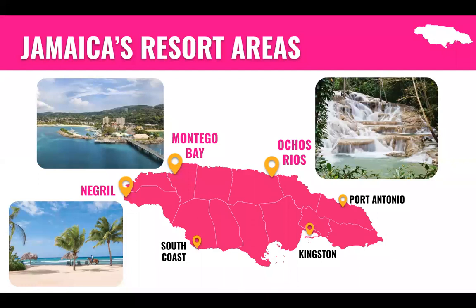And our third point of interest is the Negril resort area on the west coast, which is the ultimate relaxation destination, and it accounts for 20% of Canadian travelers, or 81,000 each year. It has a much slower pace than Ocho Rios and Montego Bay, and is a popular romantic getaway and wedding destination. And on the other sides as well, I'd like to note that Kingston is the capital city,